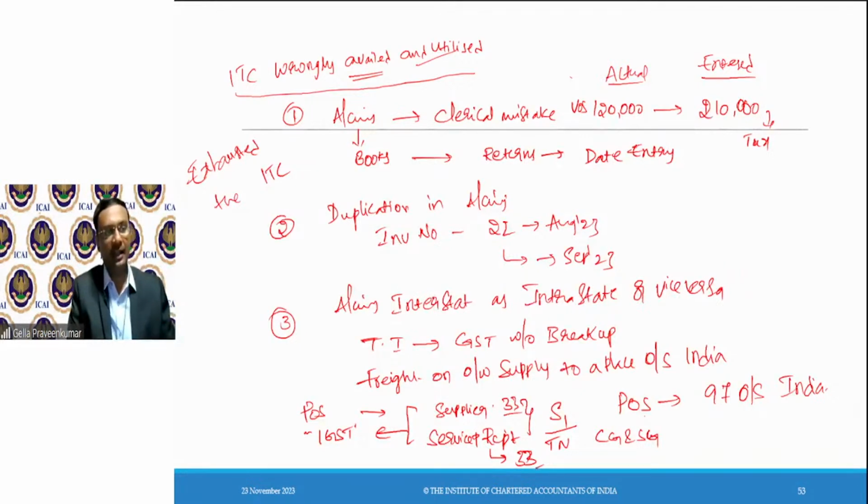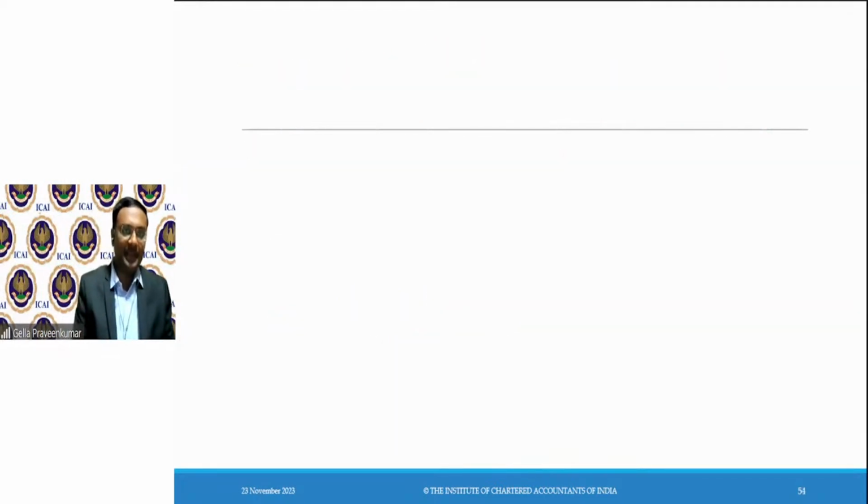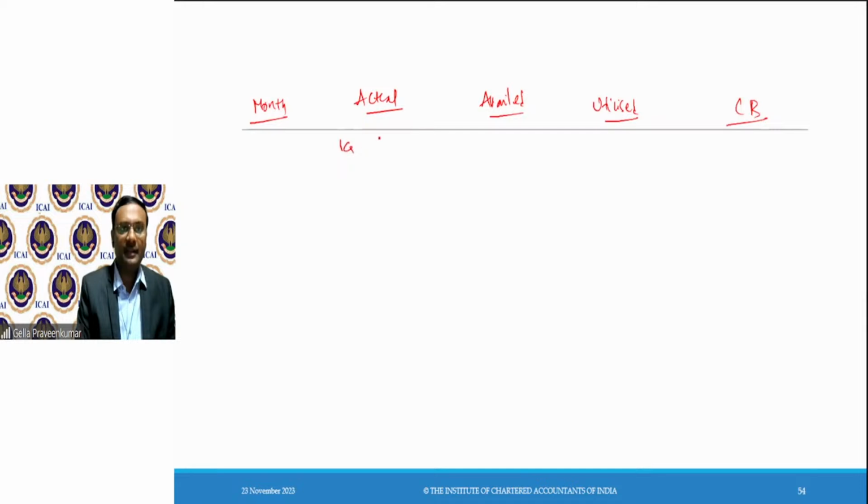I'll give you an example of how this utilization is examined. Let's take an example with columns: month, actual, availed, utilized, closing balance, each for IGST, CGST and SGST. Say for month 1,